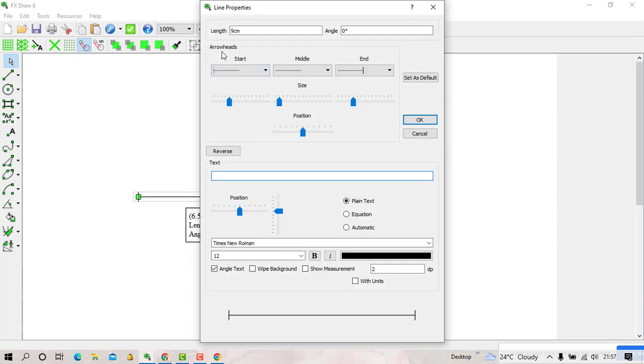You go to that option of arrowheads, but for this kind now, go to the middle position, and you'll find that maybe in some cases you have tampered with the position. You should be keen with that position. If you have tampered with that position, you should make sure that this position, the blue color, is at the midpoint of the position, because when I count this one, how many divisions? 1 2 3 4 5 on the left, 1 2 3 4 5 on the right, means that it is